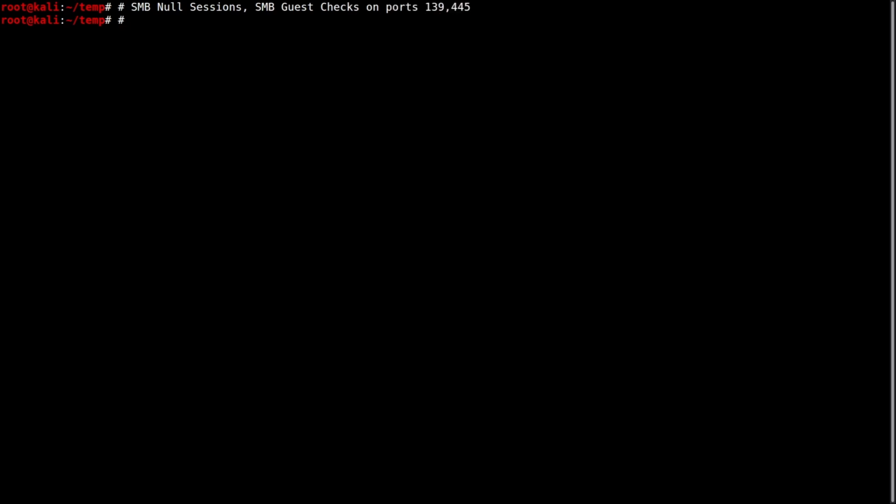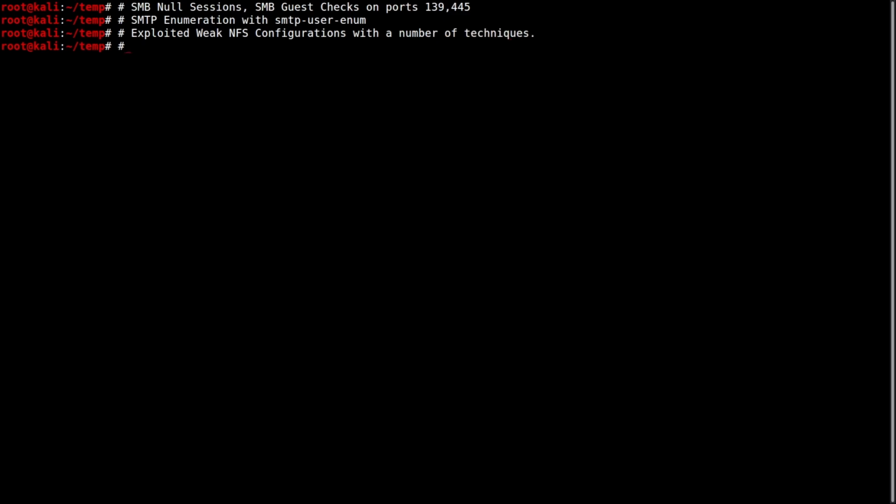We also covered SMTP enumeration with smtp-user-enum. And we also exploited weak NFS configurations with a number of techniques. In addition, we also exploited weak SMB configurations with Samba,